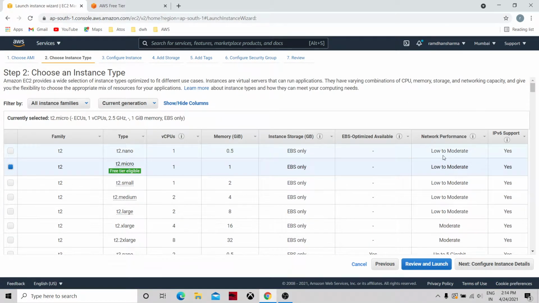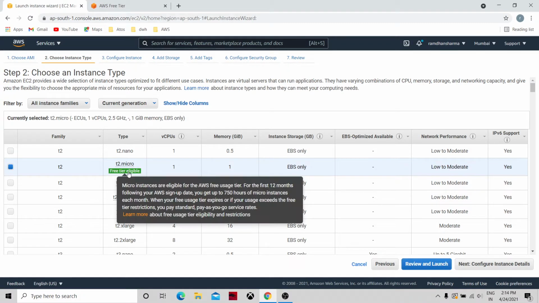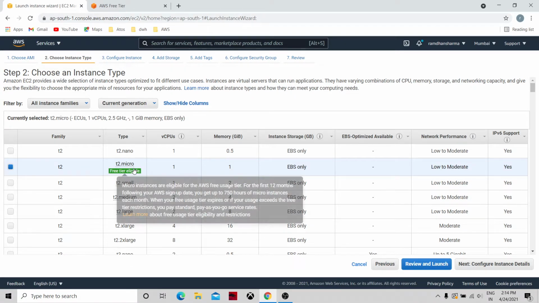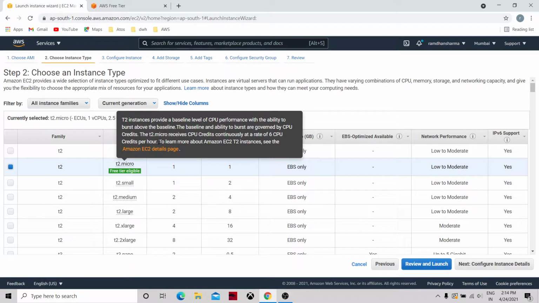Depending upon the network performance, which type of storage, the capacity of storage, and the CPU allocated to it, they have categorized different types of EC2 machines. In that, we are taking the one which is free tier eligible. If you want to see the description of this, you can go ahead and see: T2 instances provide